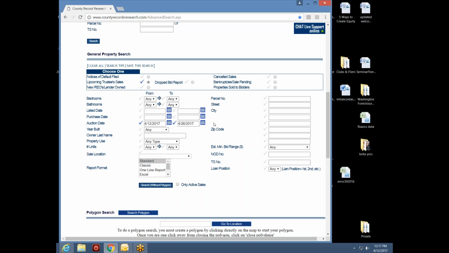So let me also show you the difference in how these different formats look once I've put a search together. So let's say that I want to buy properties at the El Cajon auction, so I'm going to change one thing. I've got my auction dates looking forward from 4/12 to 4/26, but notice I've got all these other boxes. Now let me emphasize very importantly to you, just because you have a bunch of empty boxes here doesn't mean you need to fill them all in. I recommend that you don't.